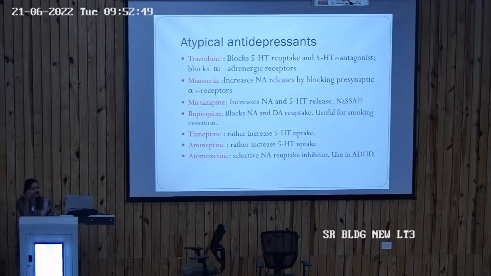ठीक है, heteroreceptors, that is serotonergic neurons पे भी it is blocking these heteroreceptors which is involved in feedback inhibition. So it is increasing both the norepinephrine and serotonin release. ठीक है, mirtazapine increasing both the serotonin and norepinephrine release by having an action on the autoreceptor and heteroreceptor. इसका एक और चीज है, it is